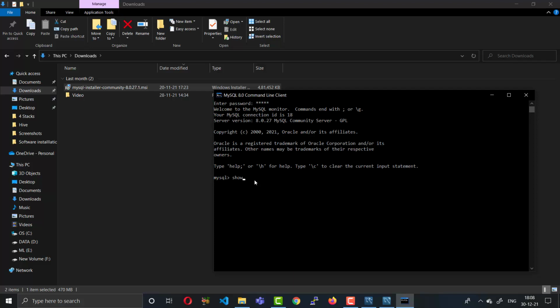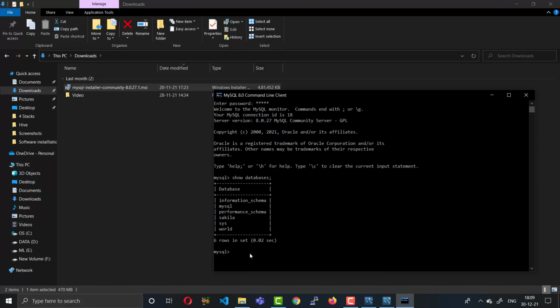Just use SHOW, that is the keyword, SHOW DATABASES, semicolon, and press Enter. There are default databases available: information_schema, mysql, performance_schema, sakila, and sys. These are the default databases.